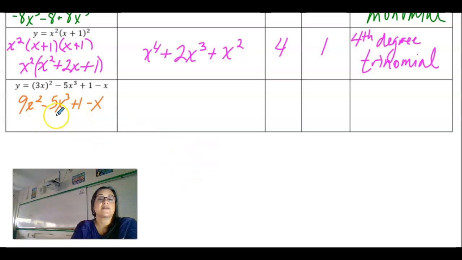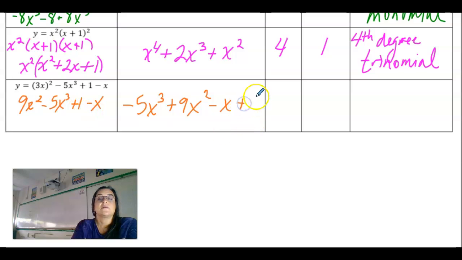So our negative 5x cubed term would be listed first. So negative 5x to the third power. Then our quadratic term would come next, and that's plus 9x squared. Okay, then our linear term is a negative x, that comes third,